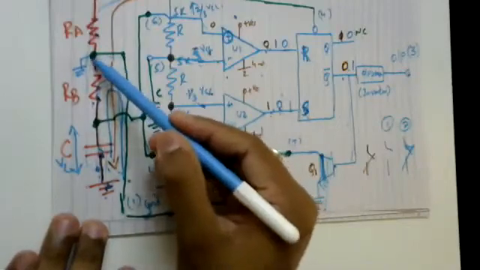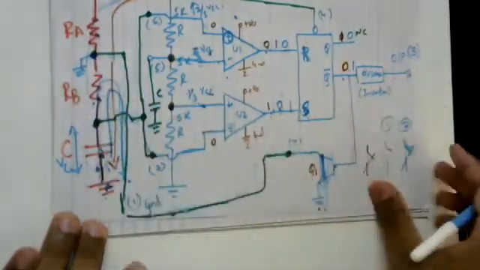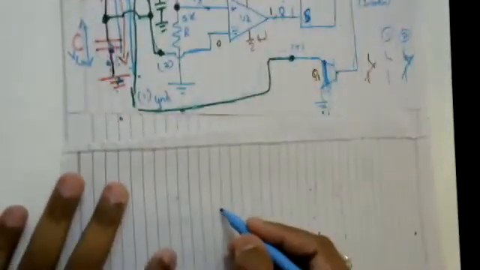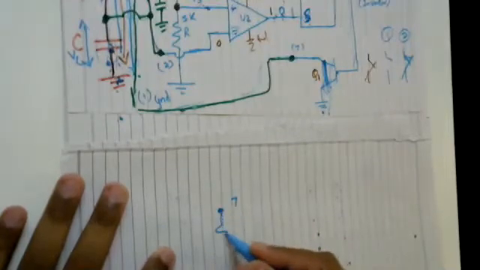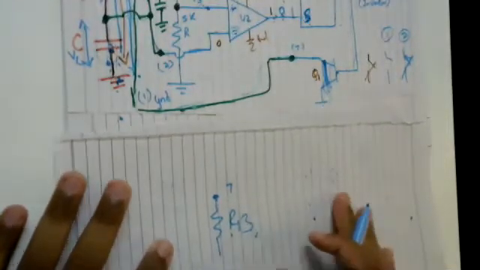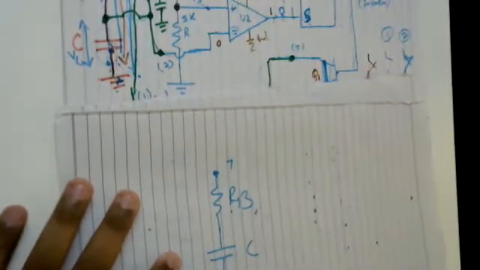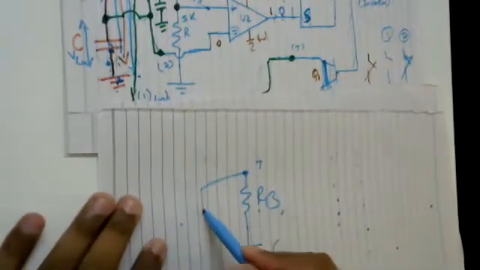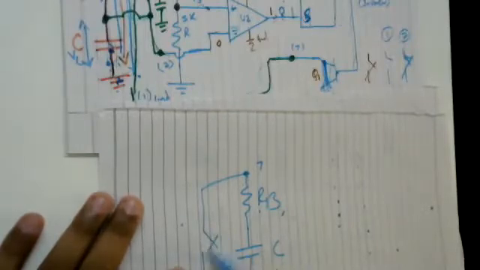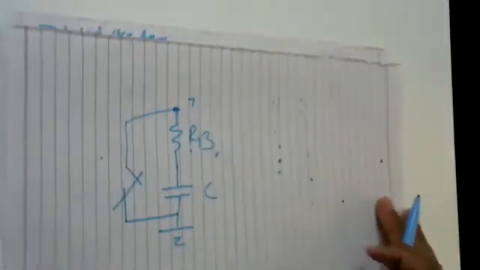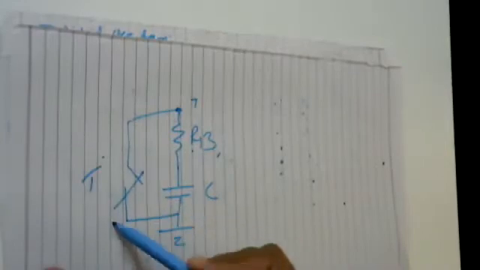If you develop this circuit once again, you will be getting only this part of the circuit. That is your RB, so this is your pin number 7, right? Then you are having one capacitance C, and this capacitance is connected to ground. And now here you are having your transistor which is working like a switch. Another terminal of the transistor is already grounded. Since you have closed the switch now,